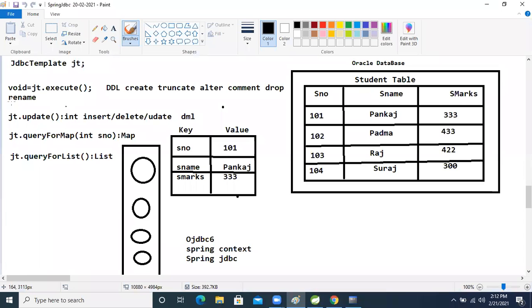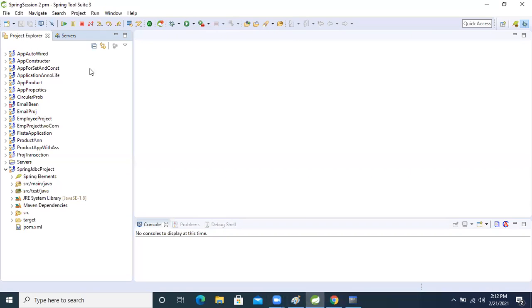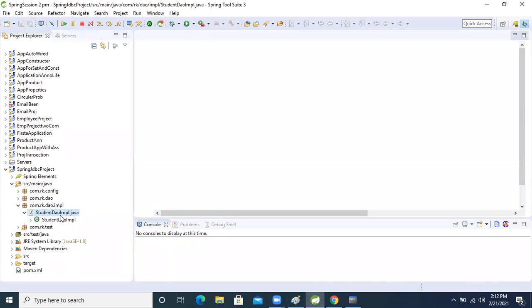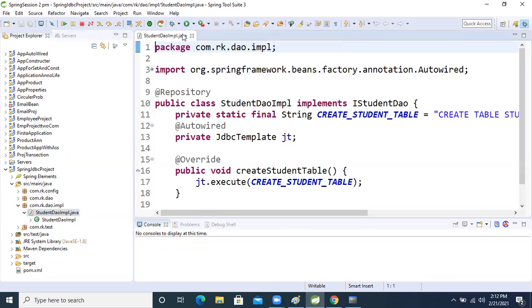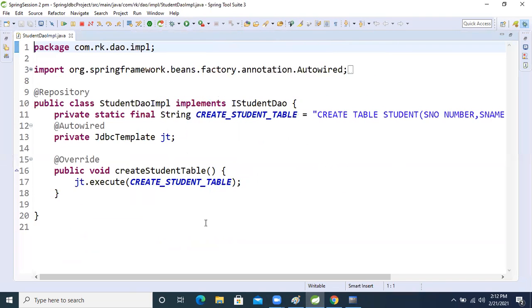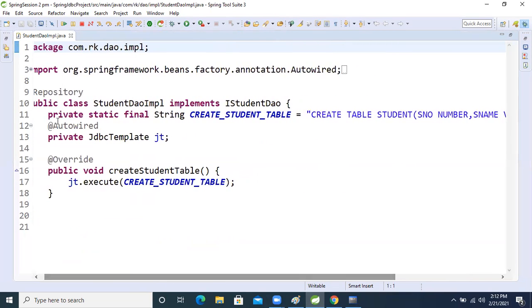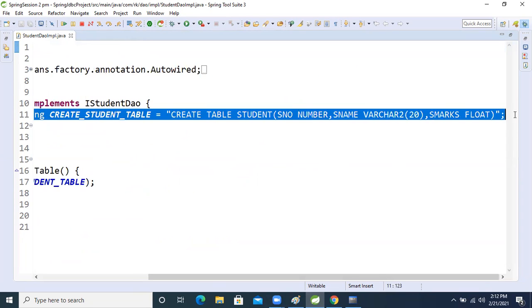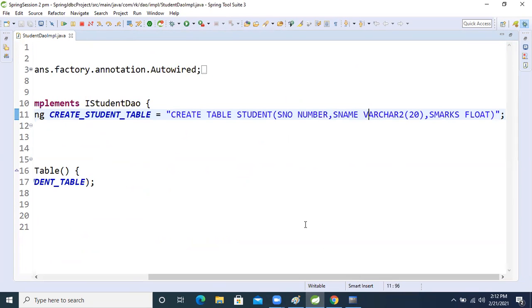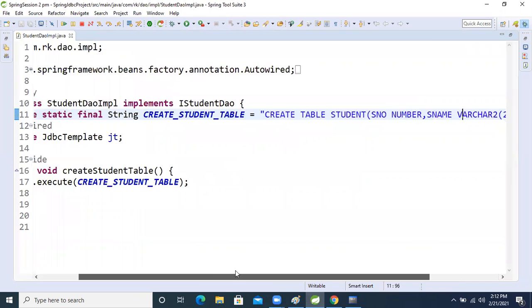Okay, this is the execute method. Yesterday, what we did: this is our application, in that we achieved modularity. Come here, see that. In that we just took one query, and based on this query we created